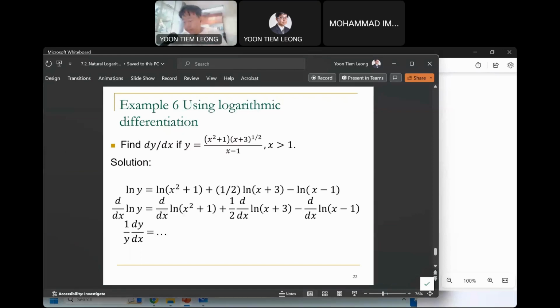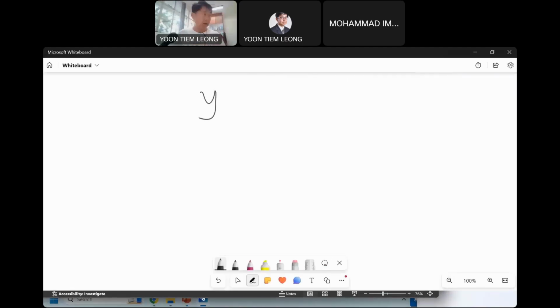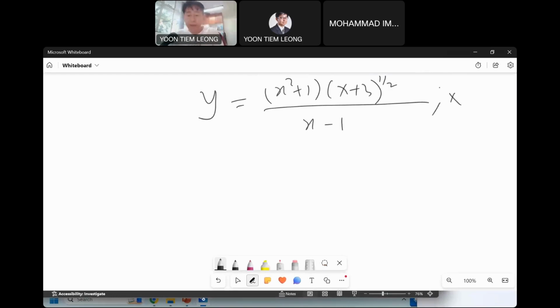In this example 6, we're going to demonstrate again the applications of the logarithmic function. Now, the important point here is that you have a function y defined to be a complicated function of x squared plus 1 times x plus 3 to the power of 1/2 over x minus 1, for x defined to be larger than 1. So if you were to calculate the derivative of y with respect to x,